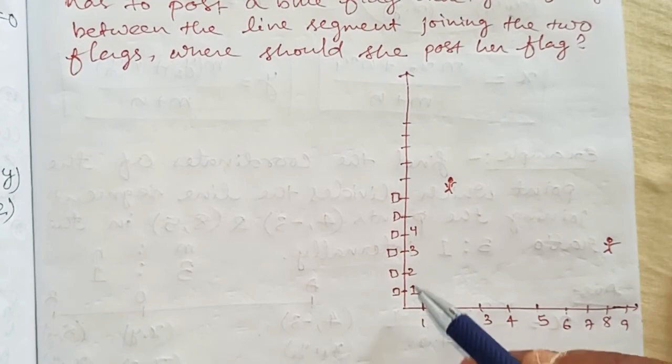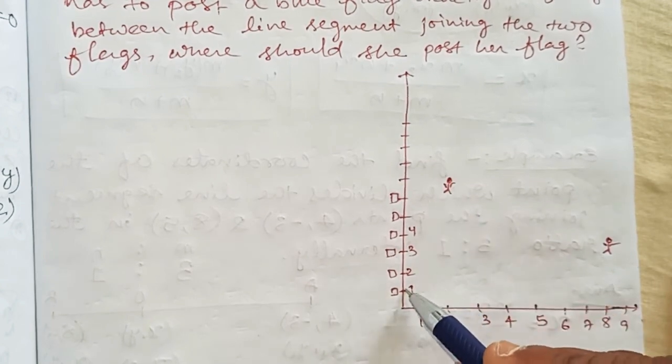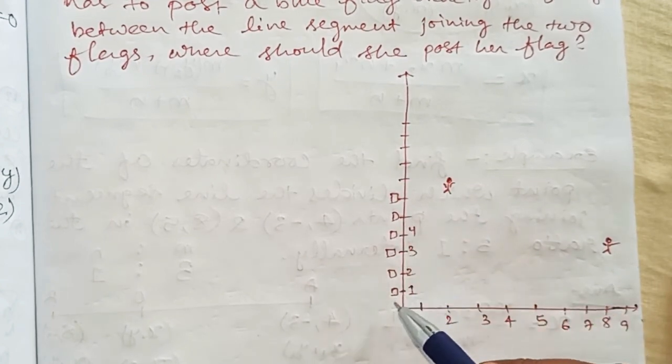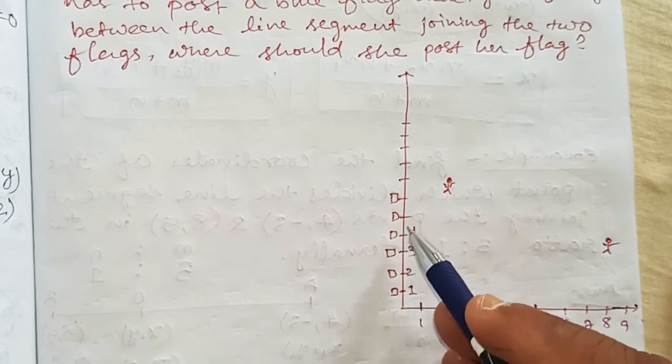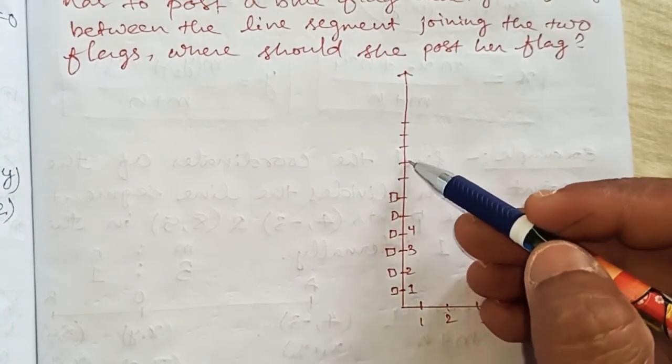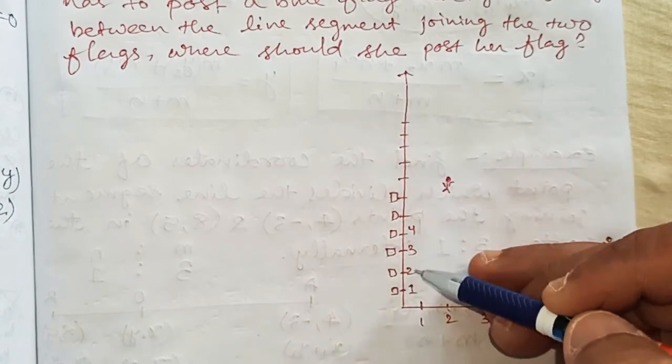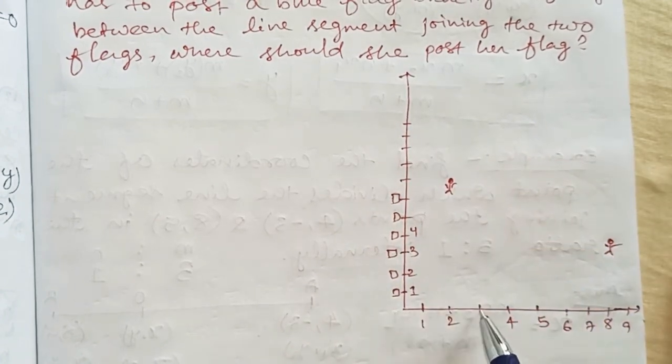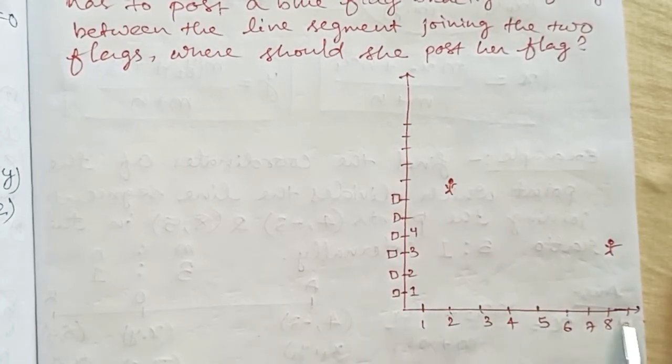Okay, and on the vertical line there are flower pots kept at a distance of 1 meter each. They are 1 meter apart, and 100 flower pots have been kept on this line. Okay, and there are 10 lines drawn here. You can see this diagram in your textbook so that you are able to understand what the proper question is.